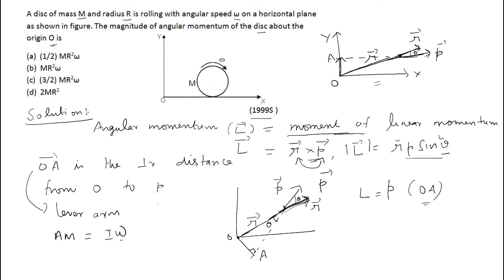How do you know that? Compare it with the linear momentum expression mv. Linear momentum, correspondingly you have angular momentum. For mass you have correspondingly moment of inertia. For linear velocity you correspondingly have angular velocity. So for a rigid body we can use this comfortably. For a particle we can use this for finding angular momentum.